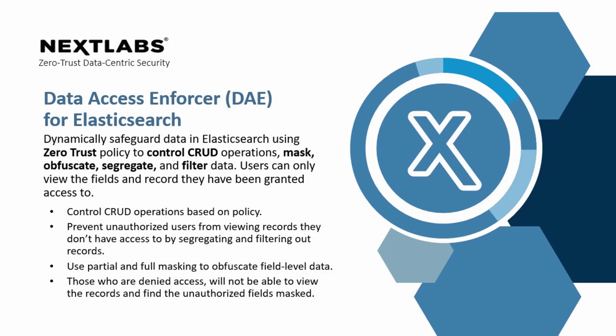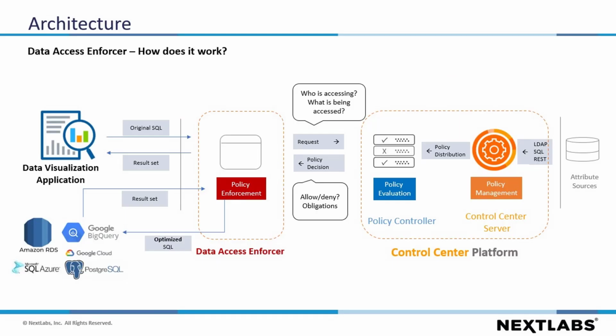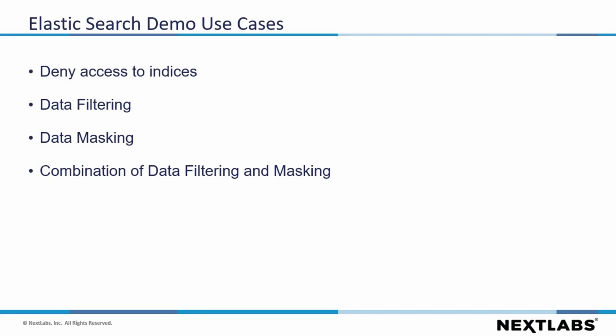Data Access Enforcer for Elasticsearch. The NextLabs DAE for Elasticsearch is an enforcer that intercepts and optimizes Elasticsearch queries to make sure that users would only be able to see records that they have permissions to access. Similar to other NextLabs DAE solutions, DAE for Elasticsearch supports denying access to different data containers. In the case of Elasticsearch, they are the indices, data filtering, data masking, and a combination of both data filtering